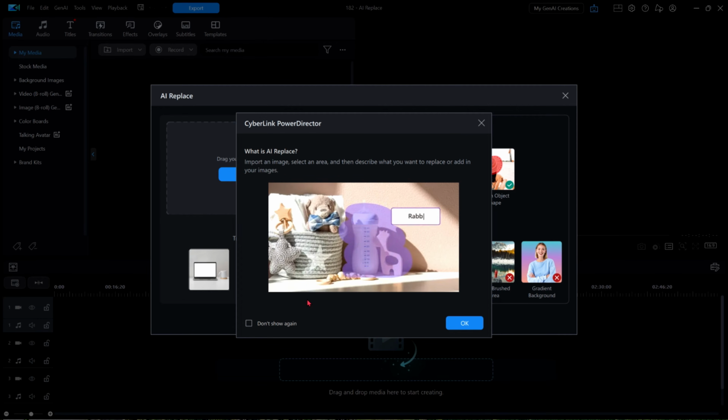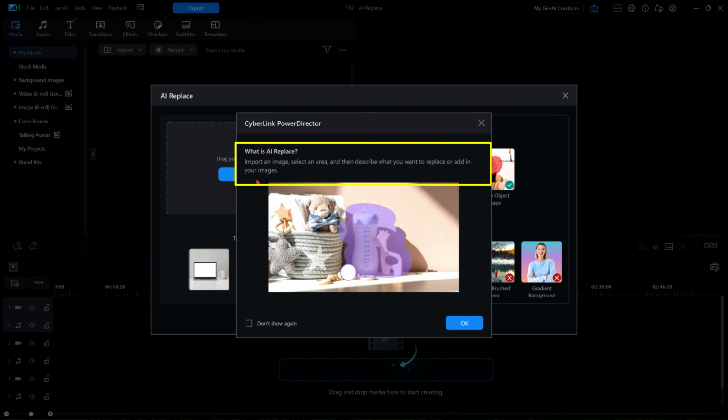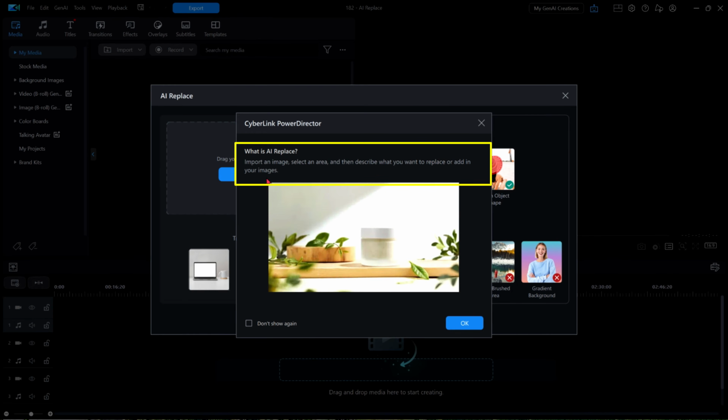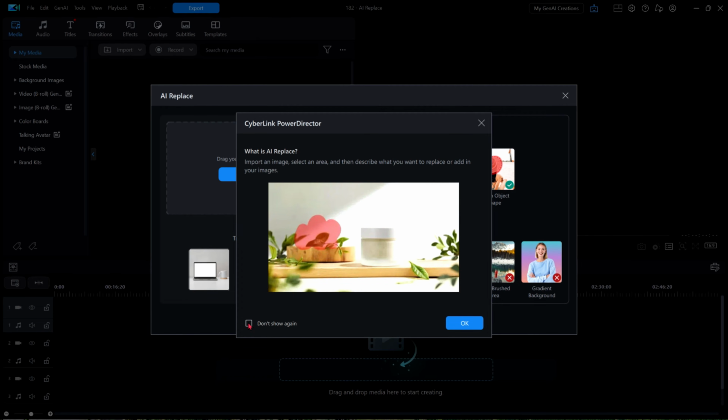Now let's read the statement very carefully. It says, import an image, select an area, and then describe what you want to replace or add your images. I'll ask you to remember that last part about or add in your images because we'll be coming to that very shortly. You can now click on the Don't Show Again option if you want to, and then click OK